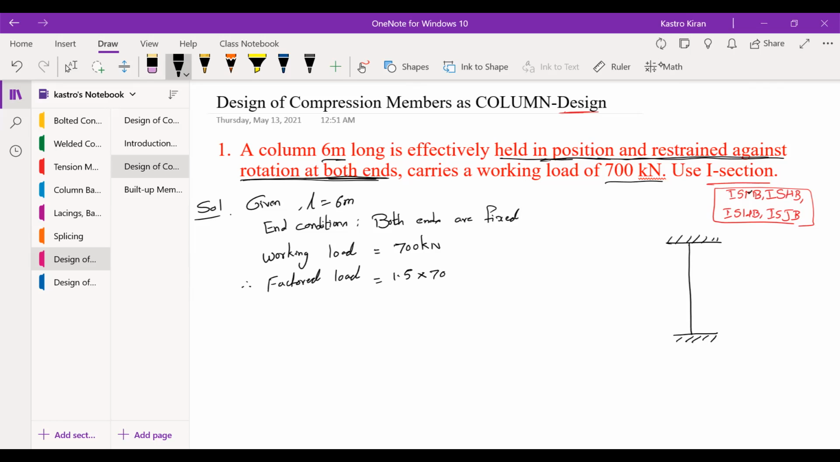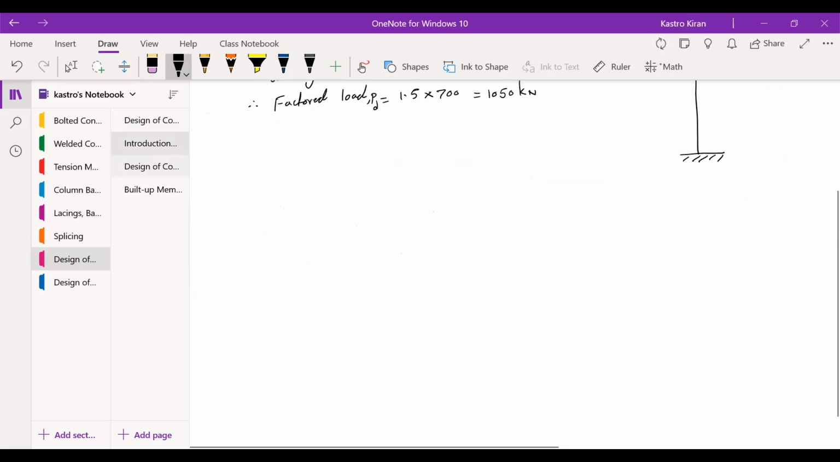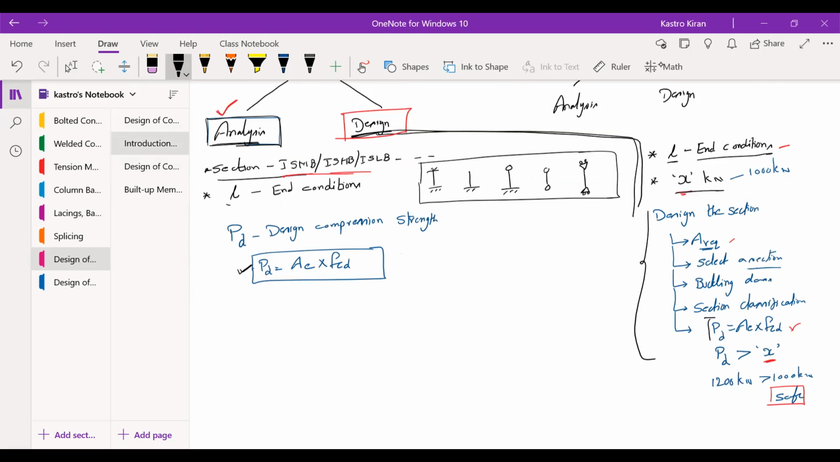What is the working load? It is 700 kilonewtons. If you solve this, you will get the answer as 1050 kilonewtons. The factored load you can denote with PD, and the working load you can denote with capital P. So now this is the given data. Now, what is the first thing we have to do? Ultimately, what we are going to find out is this one, which is PD